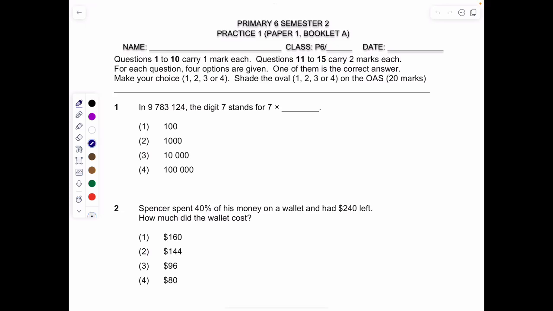Today we'll actually be looking at the practice paper 1. Okay, paper 1. So in the first question,